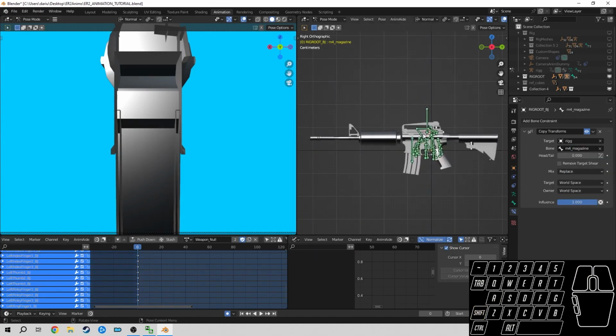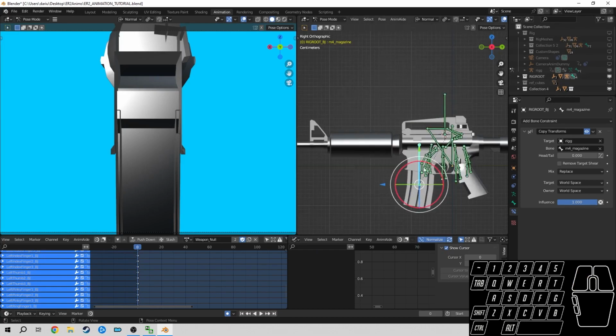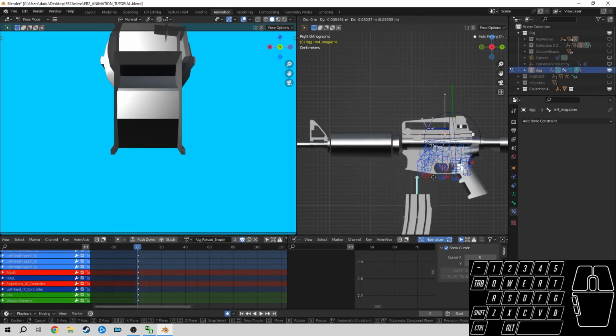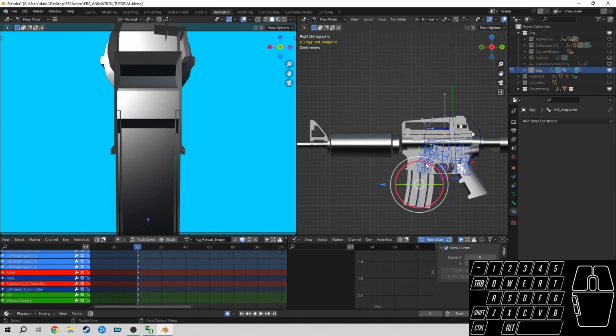So yeah, now these skeleton bones will be locked. You cannot move them. Now you can move them only inside the rig itself. So yeah, but we are still not done. We need to now decide how the bones, which bones should be parented to which bone of the rig, so it is easier to animate. So the main bone, the M4 one,